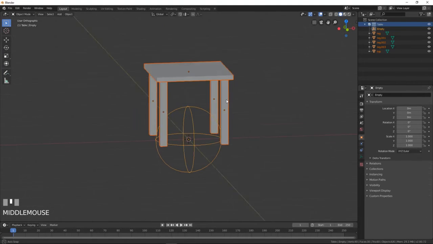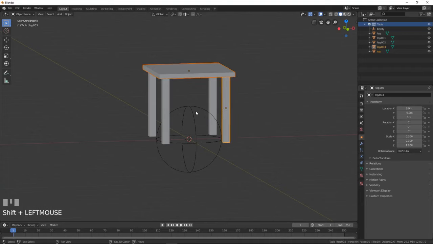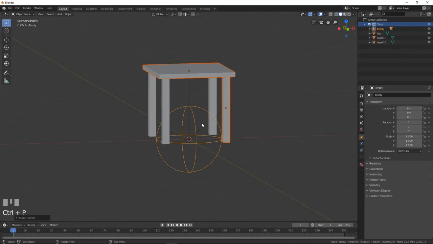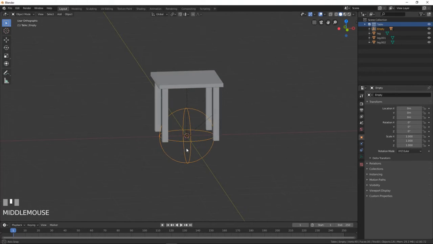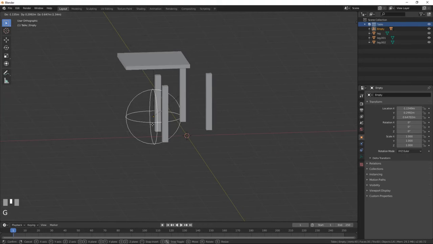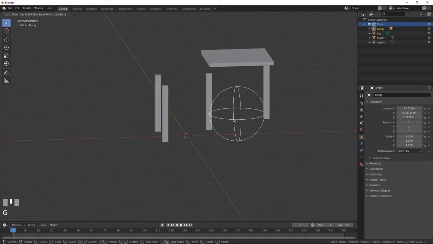So let's do this only for, let's say, 2 objects. For example, this one and parented to this one. Control P, set parent to object. Now we have 2 relationship lines, and we can see that if I take my empty and then I move, I will have only these 2 objects that will follow. Okay,